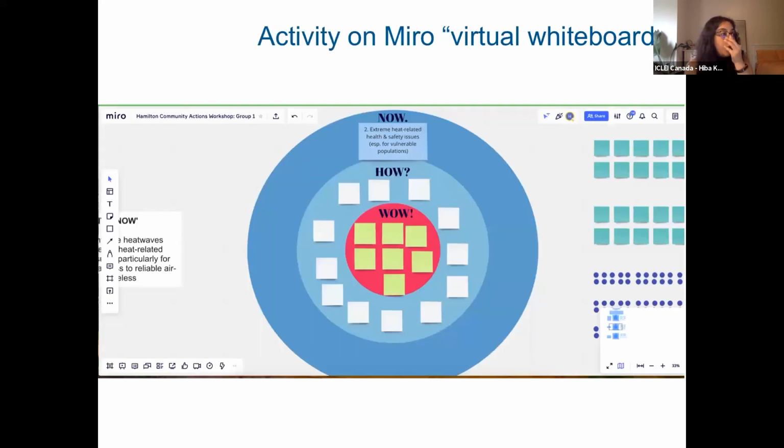So before we go into the actual breakouts where you'll access the whiteboard that looks like this through your browser, I just wanted to provide a screenshot and walk you through what you're seeing on the screen. You'll see that it looks like that target that you just saw in the slides before. What we'll do when we get to the breakouts is give you the link. All you'll have to do is click on it, type in your name to enter, and you'll see this board.